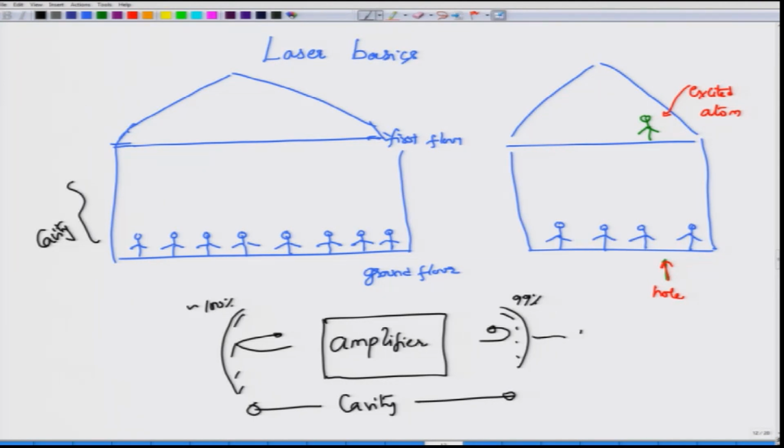So, that 1% of light that comes out from these lasers is sufficient for us to actually work with. Of course, the numbers 99 and 1% are not to be taken literally, because some lasers actually work with 90% and 10%, and some of them work with 65% and 35%. So, depending on the laser and on how much power you want, you can adjust this output coupling ratio. But nevertheless, every laser has three main components.